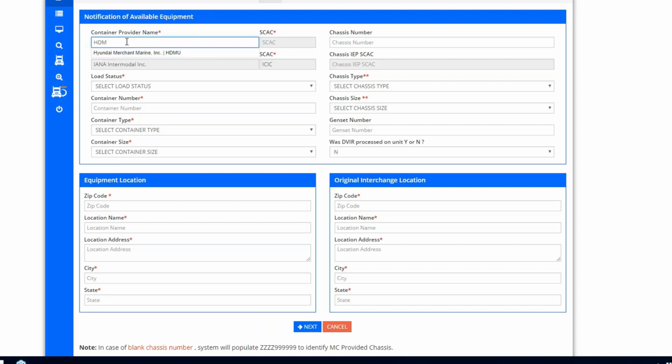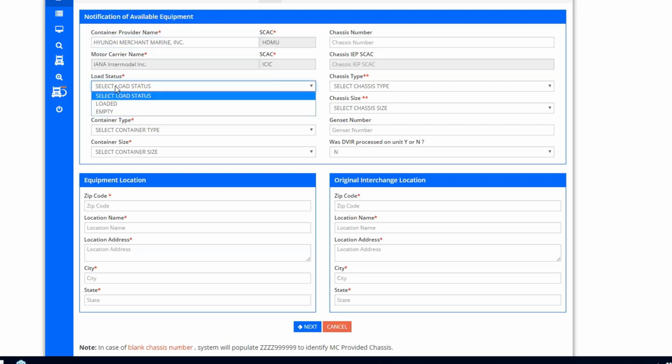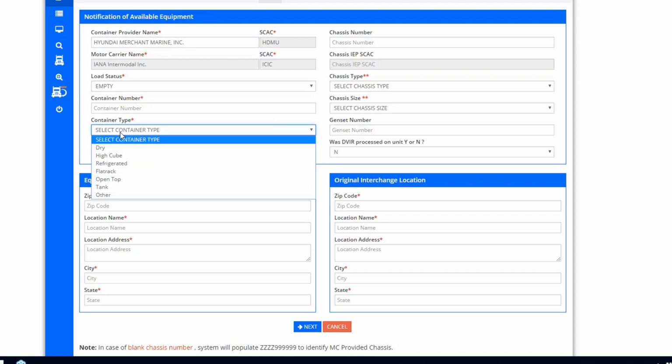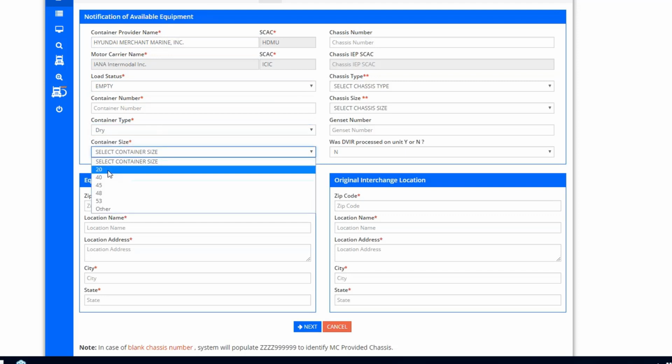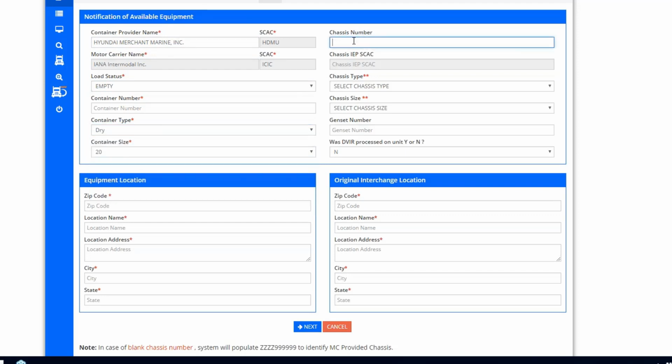So you'd key in the equipment provider's name, your company's name is going to populate along with their SCAT code. You'd select what type of load it is, the container type, container size. If you have the chassis number, you would provide it. If you don't, then it's going to default to this ZZZ with 6 nines for indicating that's a motor carrier